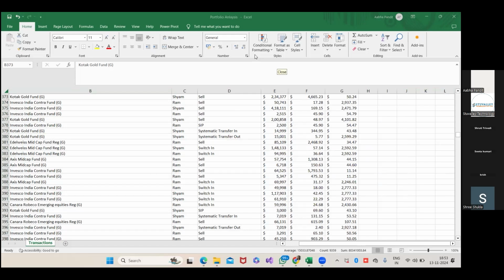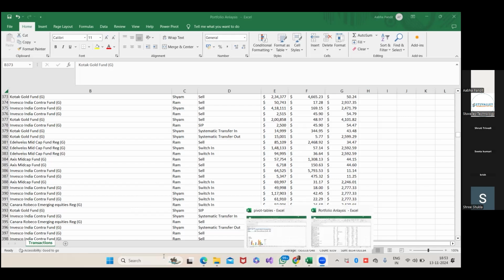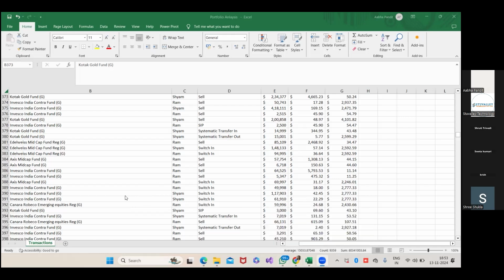Kindly check and download it so that you can practice pivot table and pivot chart. It's not only the chart which I had taken, you can also explore the pie chart options, the colorful charts. We can do visualization in many different ways using pivot charts as well. So try to apply that on the pivot table. Okay. Is it clear to everyone? Anyone having any doubt? We still have 3-4 minutes left. If anybody has any doubt, they can ask me.